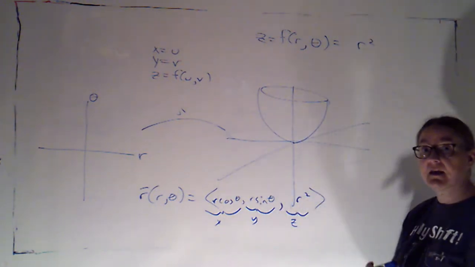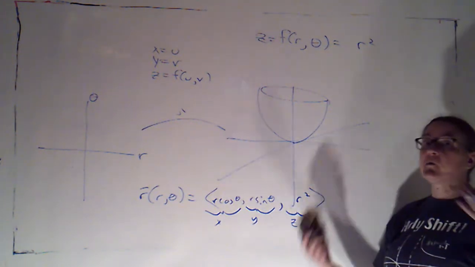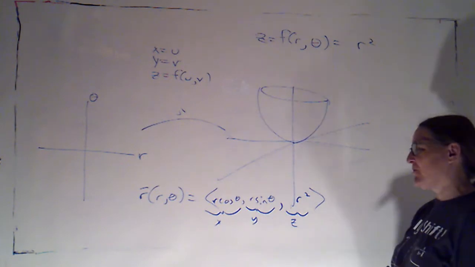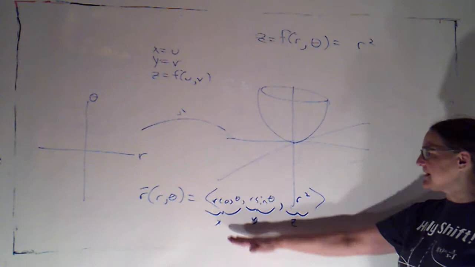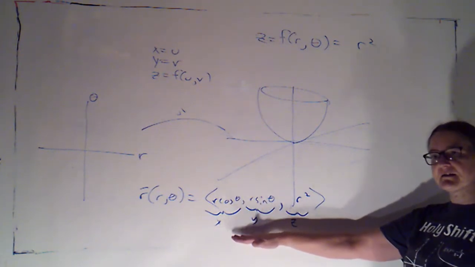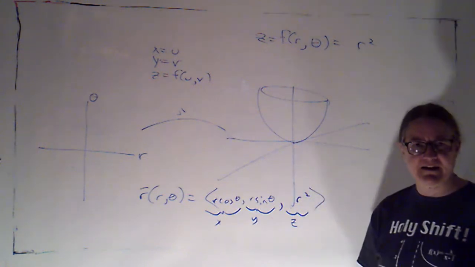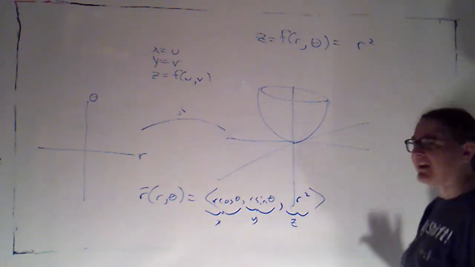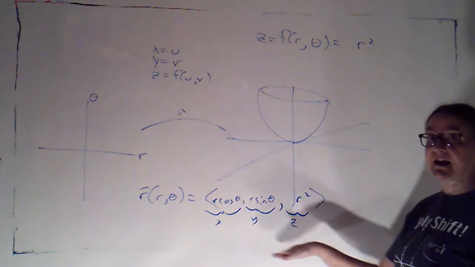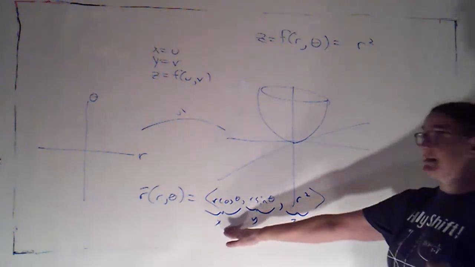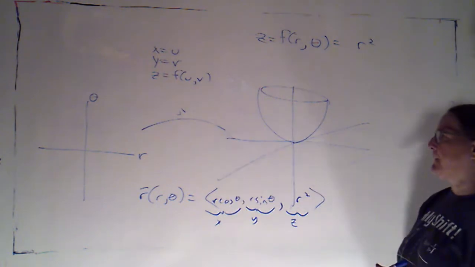Now, that's not to say that we couldn't invent a different system where we were describing the cylindrical coordinates of our point. But that's not the system we're working with. We are working with parameterizations that describe the rectangular coordinates of our point. And that's going to be important. Right now we're just trying to describe the surface, but eventually we're going to start to do things with those surfaces, and it's going to be important that we're consistently describing x, y, and z. Not sometimes this is an r value and other times it's an x. The first coordinate is always an x value.